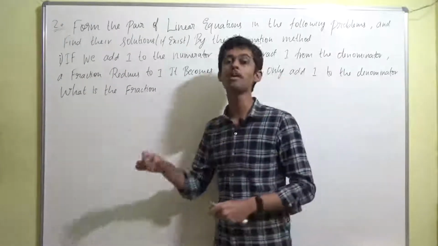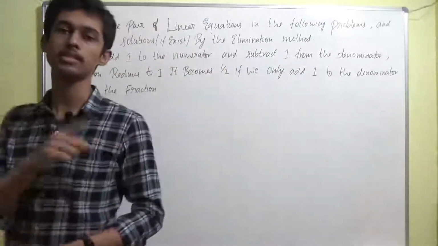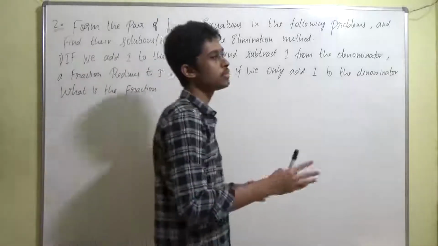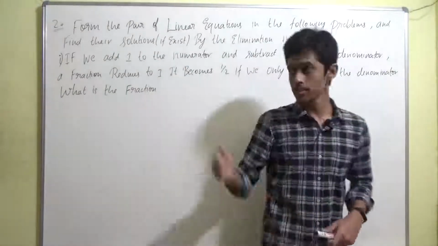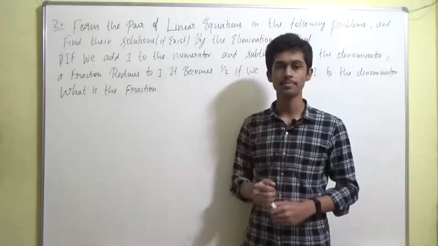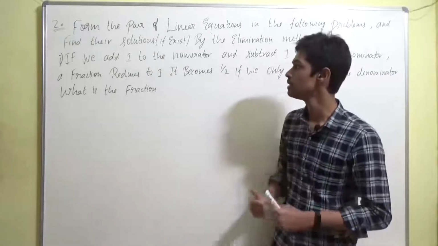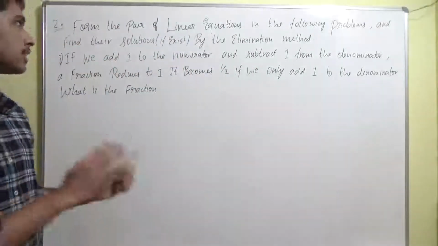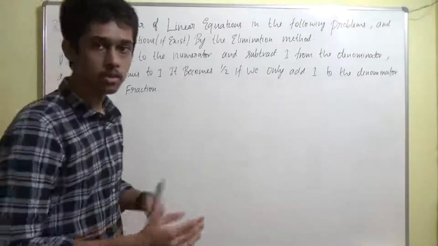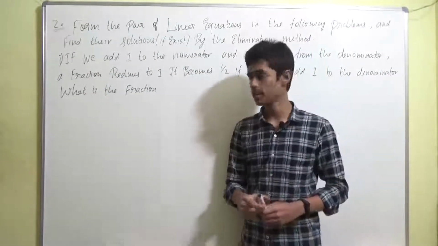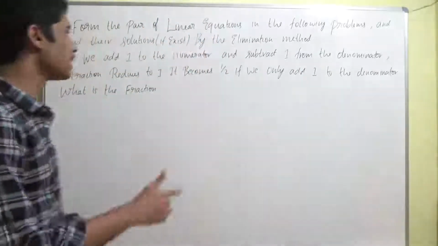So the first part of this exercise 3.4 solution is in the previous lecture, which was only the first question, and in this part 2 of exercise 3.4 we'll be solving question 2, which again has 5 sub questions. This is part 2, guys. Done? Clear? In this lecture we'll finish exercise 3.4, and from the next lecture we'll go to the next method of solving the pair of linear equations, that is the cross multiplication method. Done? That's it, guys. Now let's dive into the question.